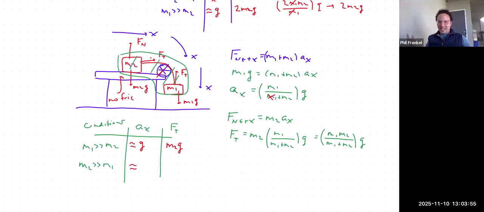Basically, nothing happens if you have a tiny thing hanging over and a huge mass on top. It won't be exactly 0. It will be bigger than, but roughly equal to, 0. There will be some small acceleration. How about the tension? If M2 is huge, I could ignore M1. Then I could divide out by M2, and I get 1